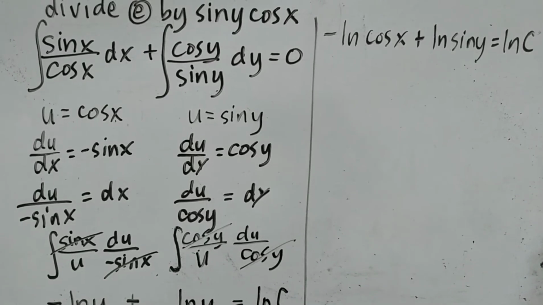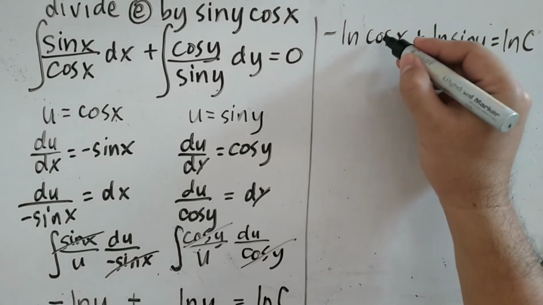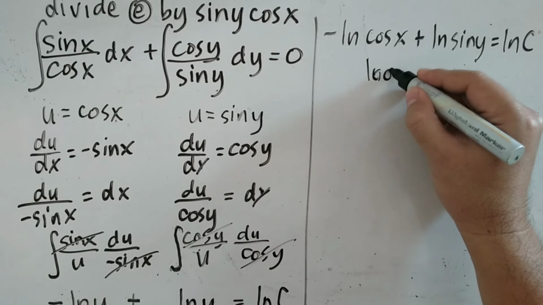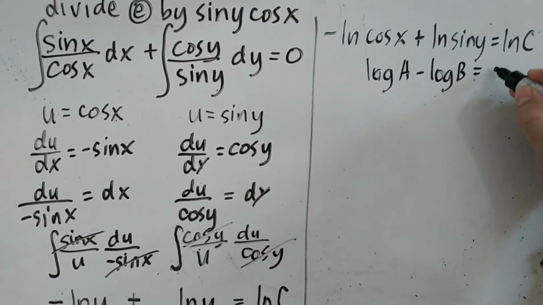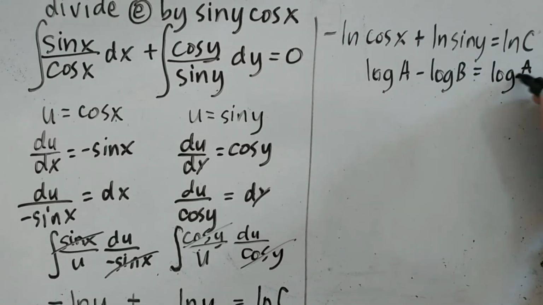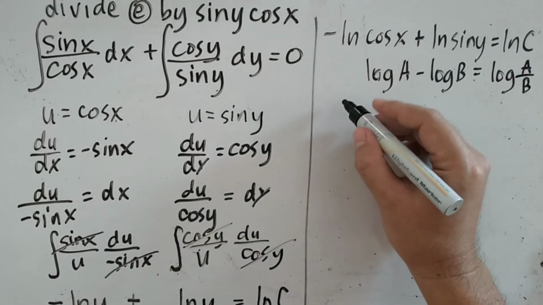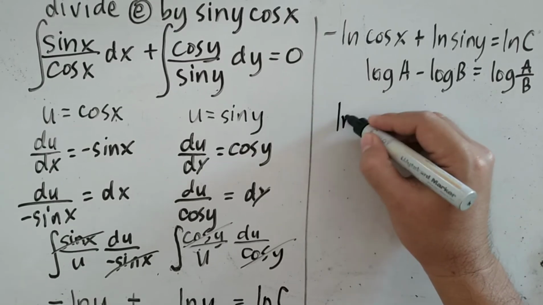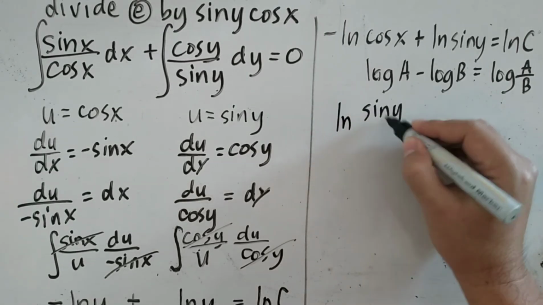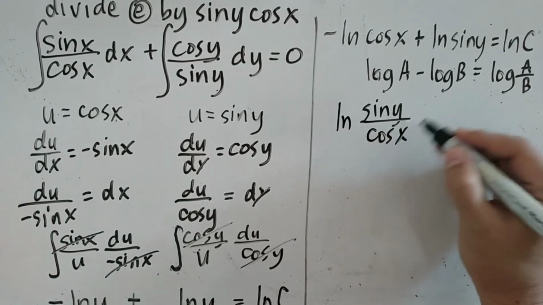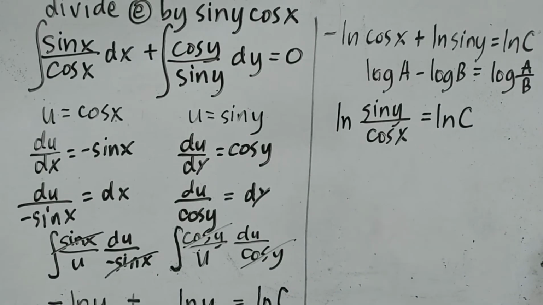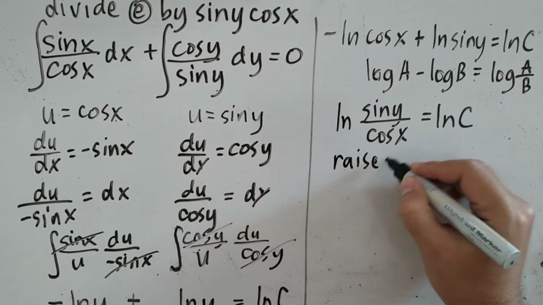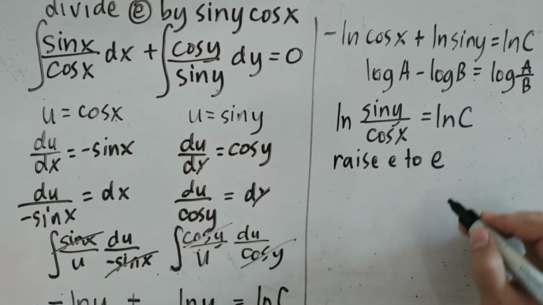Using the principle for logarithms, that is, log of a minus log of b is equal to log of a over b, this becomes ln of sine y over cosine of x, because of the negative sign, equals ln of c. We raise everything to e,